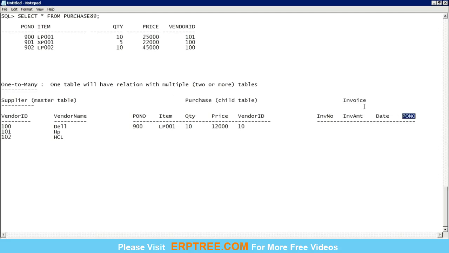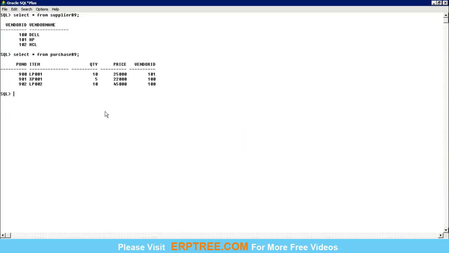But while creating the invoice, nothing is new. Similar to the purchase table, you have to create. When you created a purchase table, what did you refer? Vendor ID, right? Vendor ID in supplier table. Similarly, in invoice, what you need to refer is PO number from purchase table. While creating this table, we need to refer the PO number in purchase table. So let's create table invoice 89. And invoice number, that's number. This is primary key again,